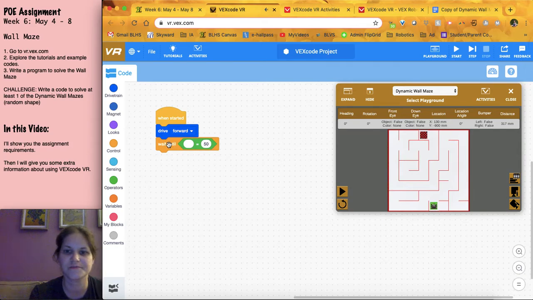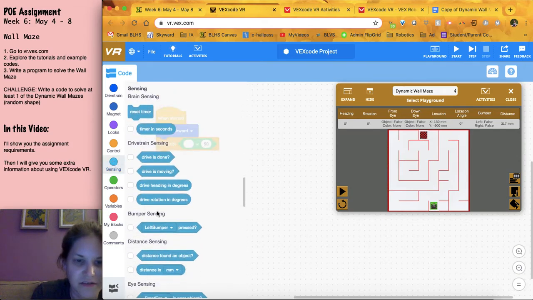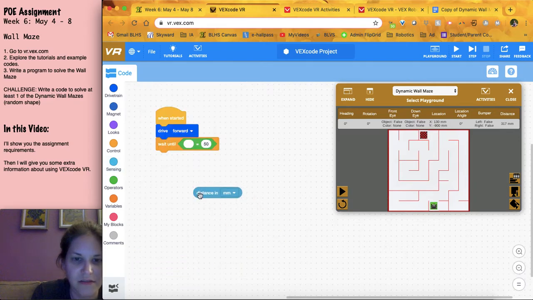Wait until. Under sensing, our distance in millimeters